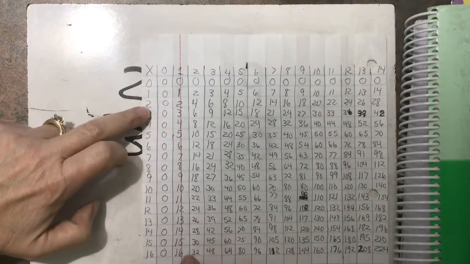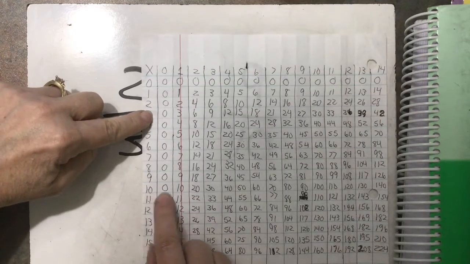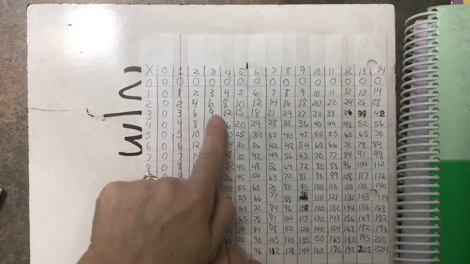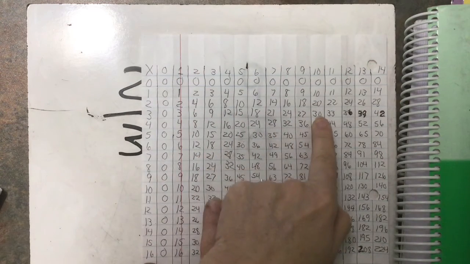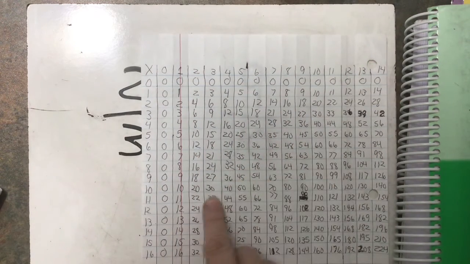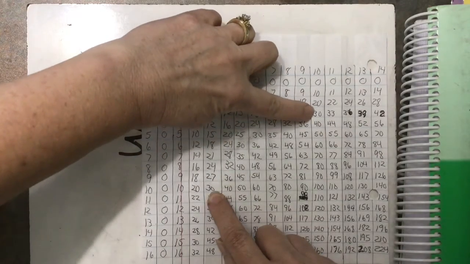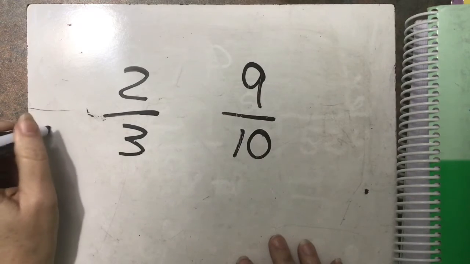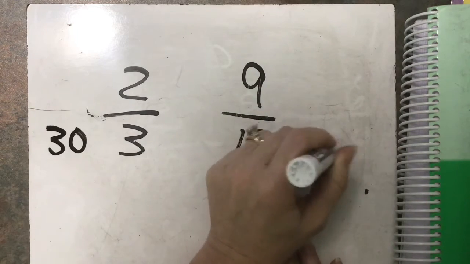So here's row 3 and there's row 10, and I'm going to keep going. Now these all end in a 0, right? So I need to keep going on this one until I find something that ends in a 0, and that's 30. So the only one that they have in common is they both have a 30. So 30 is going to have to become my denominator. So I put a 30 on both sides,